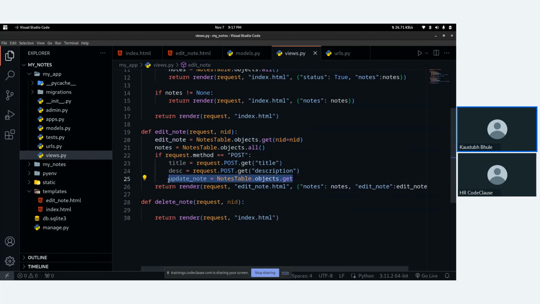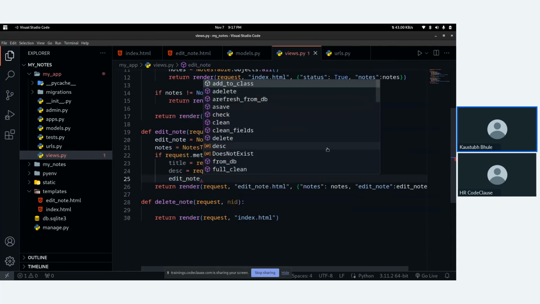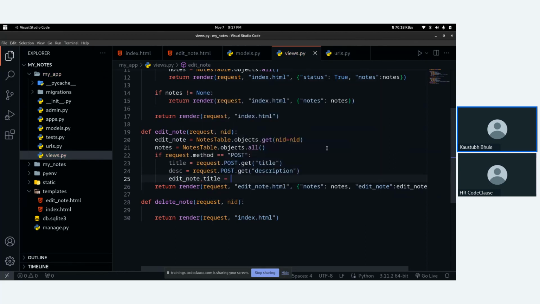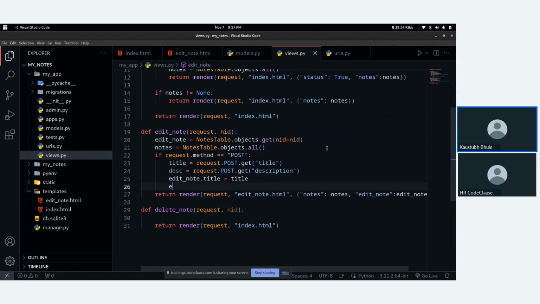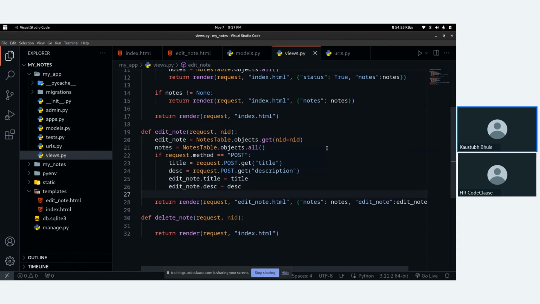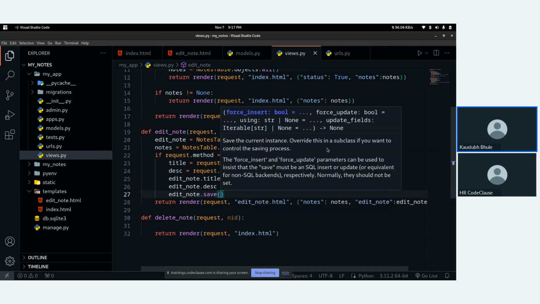So there is no need to create this one. So now we can do edit_note.title equals to our new title which you are receiving from the form. Then again edit_note.description equals to the description which you are receiving, and after all of that we need to call our save function.